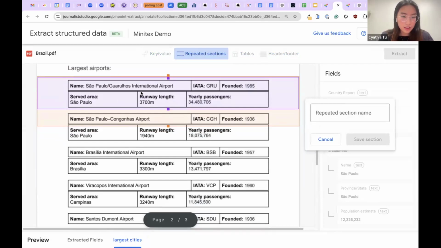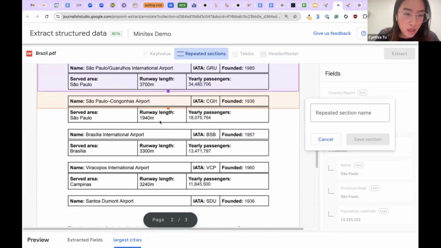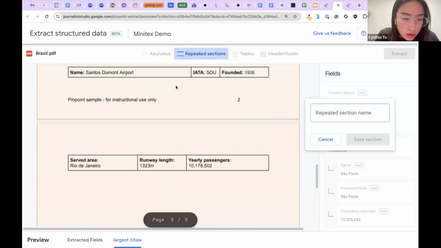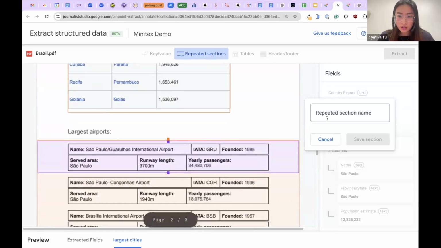You can see this is colored in purple, and the orange box is where the rest of the table would go. So I just drag this all to the end of the section, give it a name,